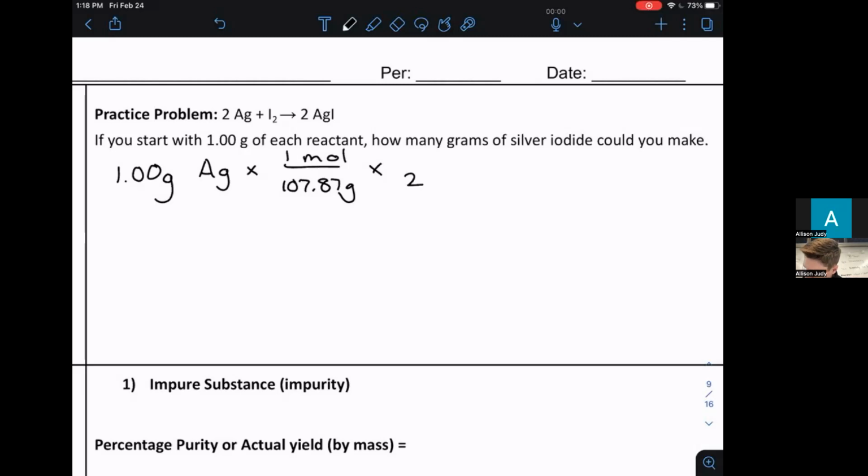For every 2 silver, we have 2 moles. This is also in moles. If you're confused by the ratio, you could say 2 moles of silver, we're producing 2 moles of silver iodide. And then